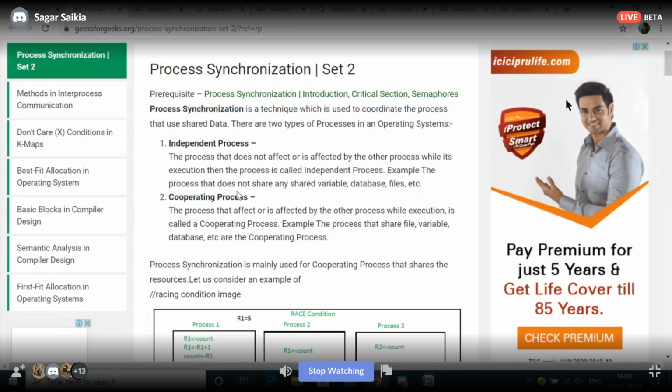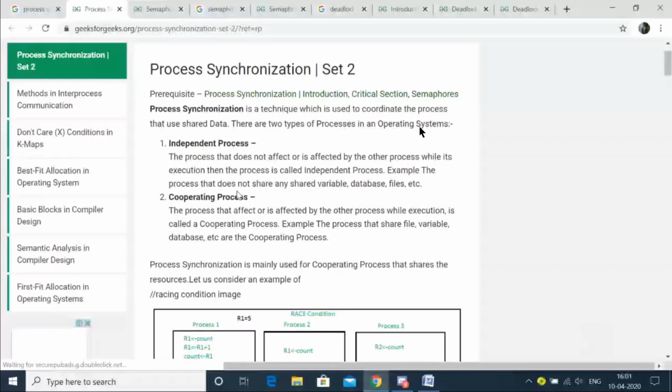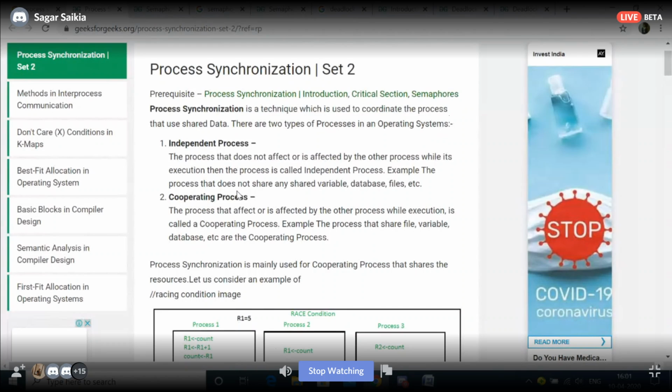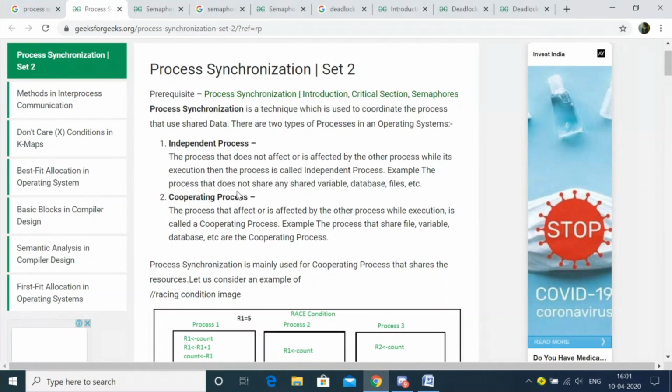The main reason is that they share various elements like variables, memory, or a part of the code of a program. That means a part of the code of a particular program may be common for two different processes. At that time some kind of inconsistency may occur,